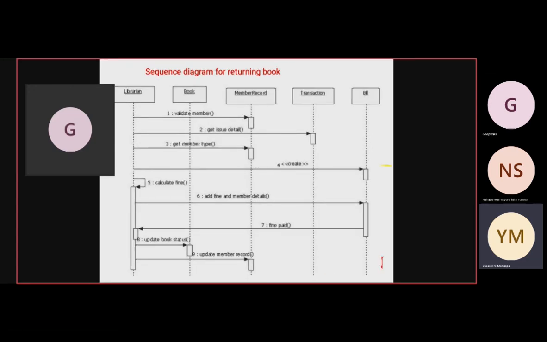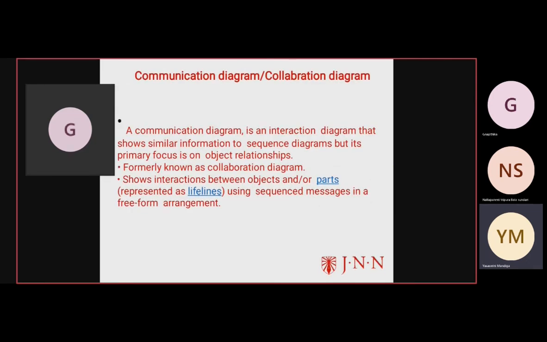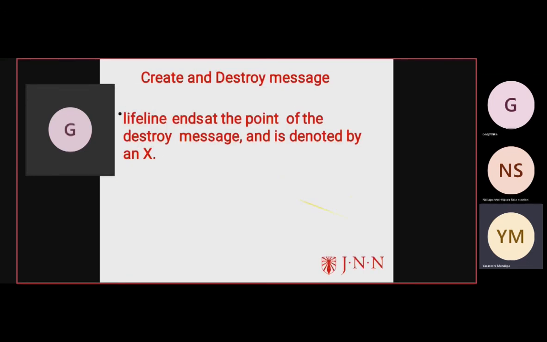After the sequence diagram, we have the collaboration diagram. So this is the sequence diagram. Under the sequence diagram, the first one is objects. After objects, we have the lifelines. Under the lifelines, we have the messages. The types of messages are synchronous message, asynchronous message, found message, and alt for loops. And the last one is the cross symbol, the tick button, which we call the create and destroy message. So this is the sequence diagram.